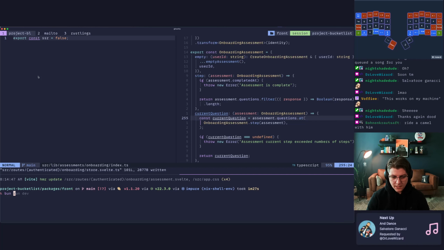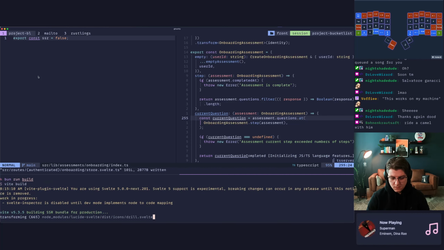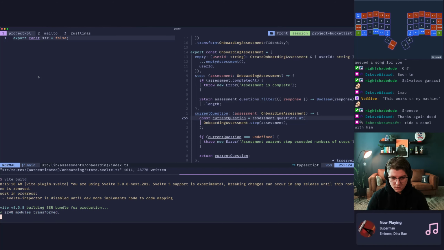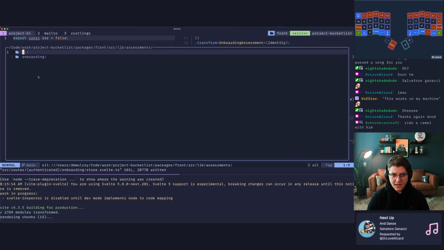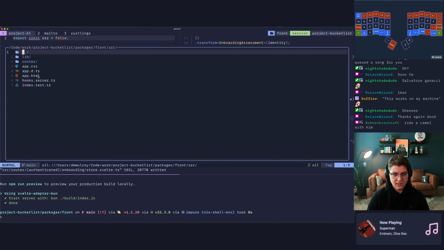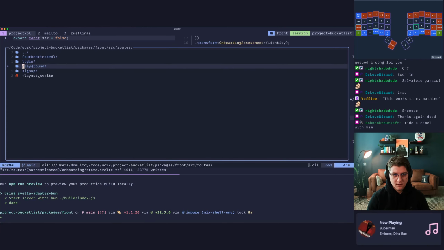I want to look at the compiled code, I think, next. What's crazy is we see this exact pattern working in our playground.